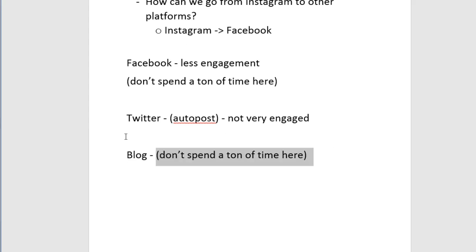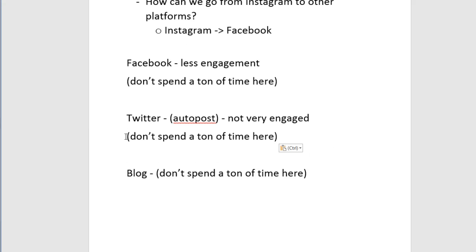So the last three here, basically we don't have to spend a lot of time. It's just a matter of uploading it and using the automation apps to automatically post to these three platforms. So that's essentially what the game plan is. That's all you have to do.